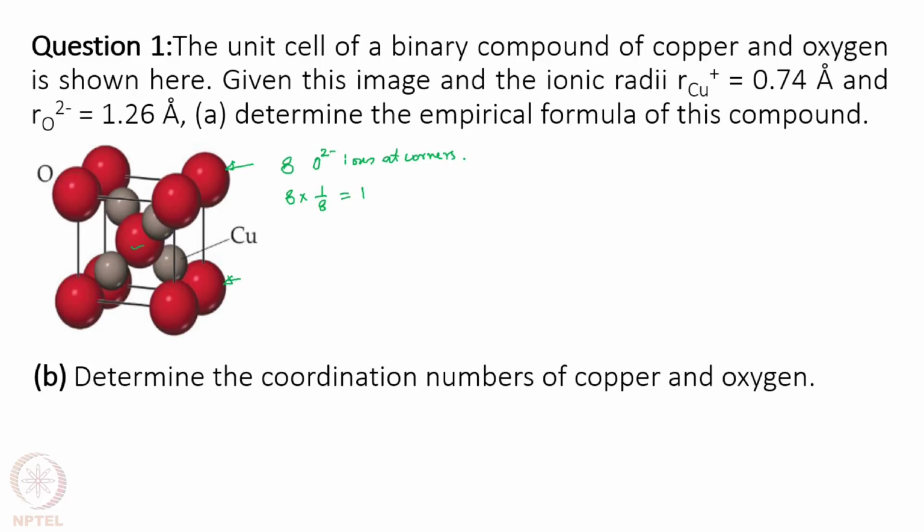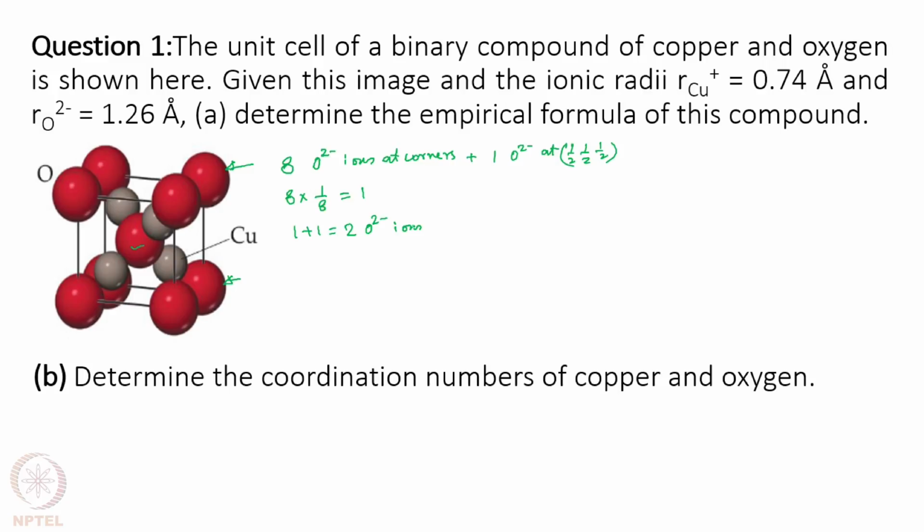So you have oxide ions at corners plus 1 O2- at the center, which means you have 1 plus 1,